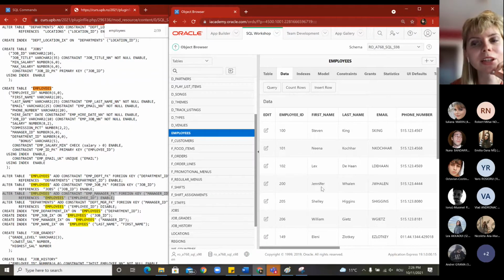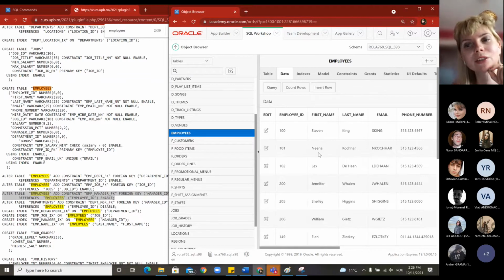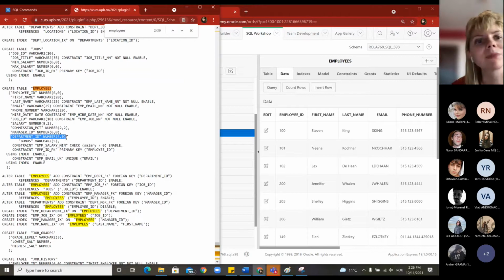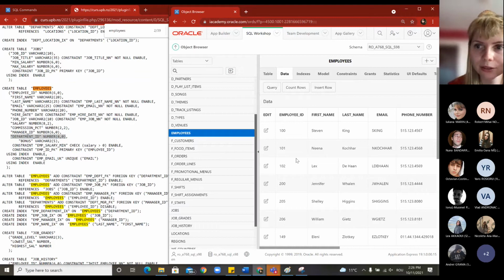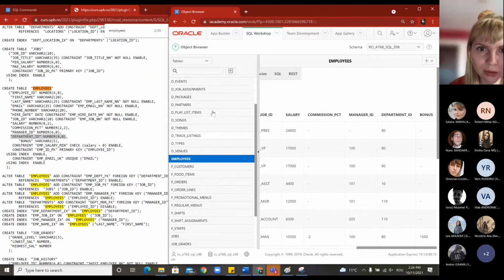And let's say that we have Jennifer, and Jennifer has as a manager the person who has the ID 101, meaning that her manager is Nina. So this is how you create hierarchies. Okay. Then what you also have is the department ID. Department ID is of type number 4 and 0. Okay, and here in department ID, I see that I have values like 90, 110, and so on, meaning that